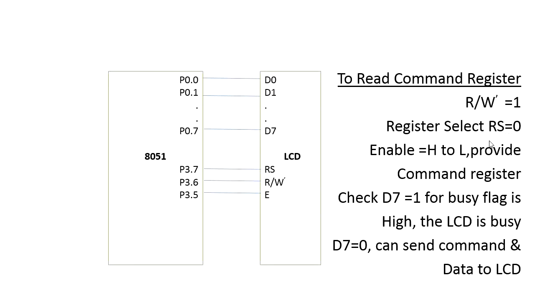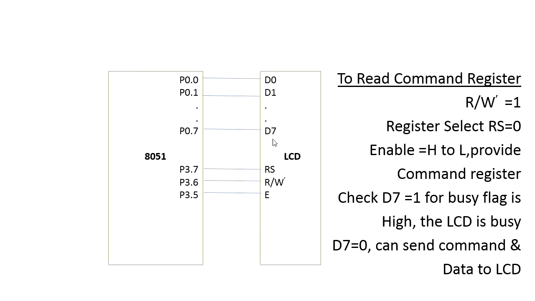And whenever it is going to transmit a command, at that time we need to make enable go from high to low. We need to make the enable pin high to low here. Along with that, one more important concept is D7. The D7 of the data pin, that is the MSB of the LCD display device, we need to check, because if D7 of the LCD device is 1, the LCD device indicates it is in a busy state, so the LCD device is not ready to accept the command or the data from the microcontroller.